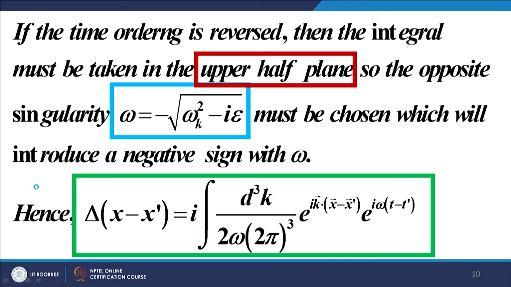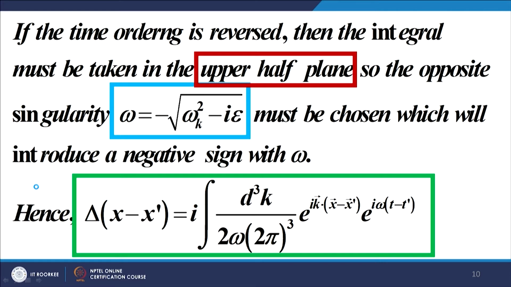In other words, t minus t dash is less than 0. What happens if t minus t dash is less than 0? If t minus t dash is less than 0, the semicircle that we use for closing the contour will lie in the upper half plane, and importantly, the integral over this semicircle will give no contribution to the overall integral, as in the previous case.